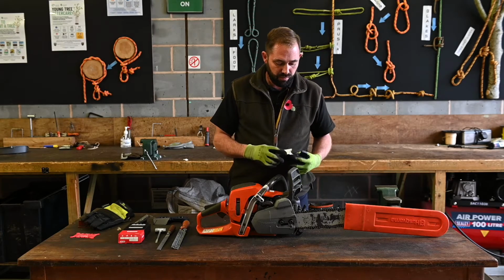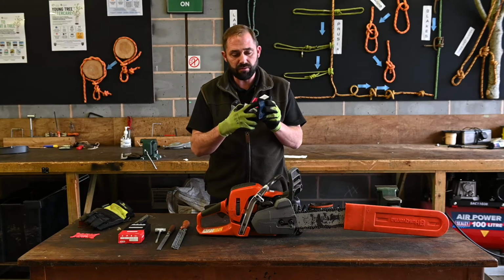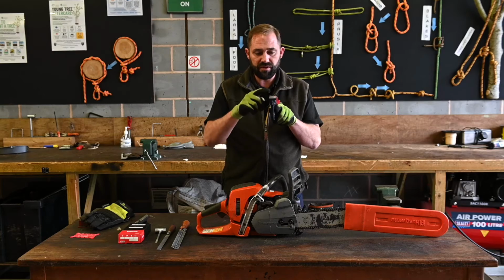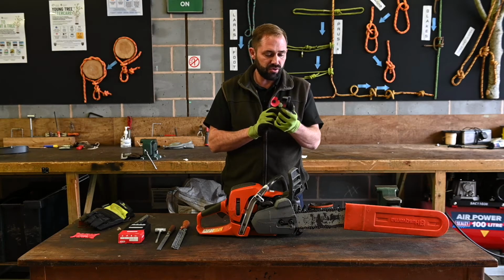Also on the chain, we identified what cutter types we have. On this one, we have a semi-chisel, which is a good all-round chain, broadleaf or hardwoods and softwoods. Or we have a full chisel, where the top plate and the side plate are at right angles, and that's for fast cutting through softwood. You could use it on hardwood,